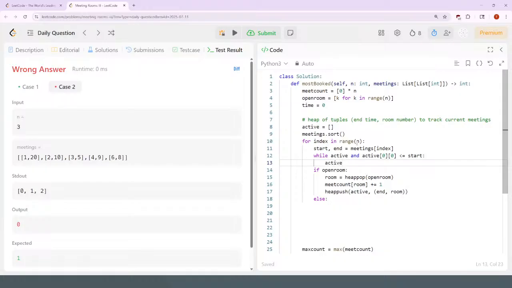So active, to close: fin end and fin room is equal to heap pop from the active heap,